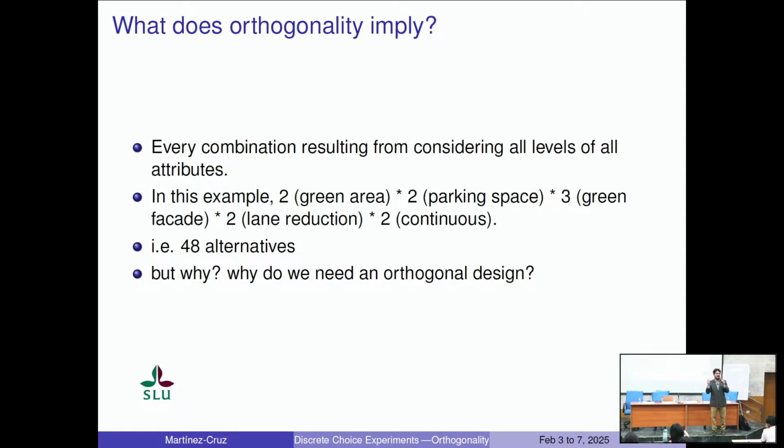The opposite of collinearity is orthogonality. That full combination means that the attributes, the variables, are orthogonal among each other. The reason why I started explaining this with the revealed preferences and how revealed preferences are collinear is that going to this extreme is not that productive, because you end up generating way too many alternatives that in many cases don't make sense. So the first step, once you generate your full factorial,